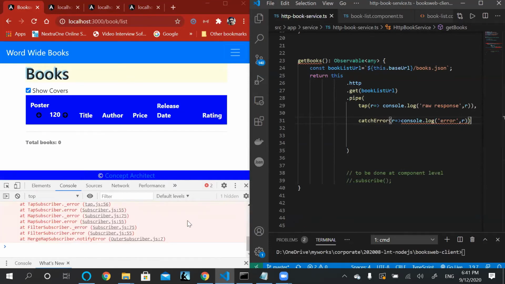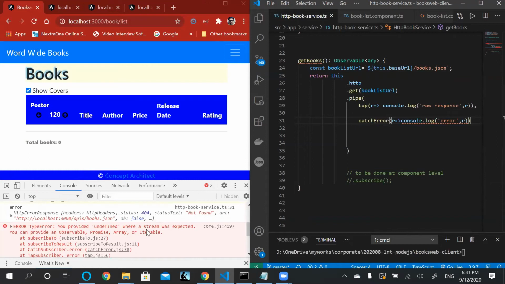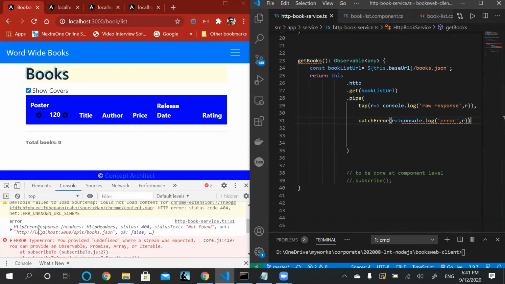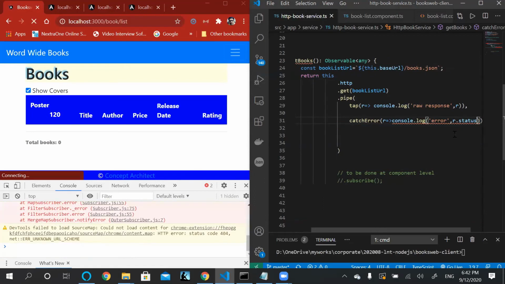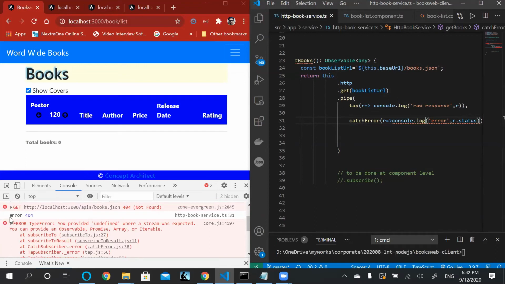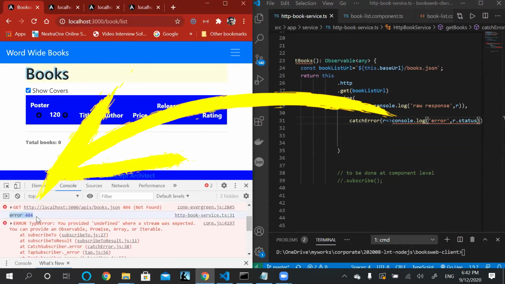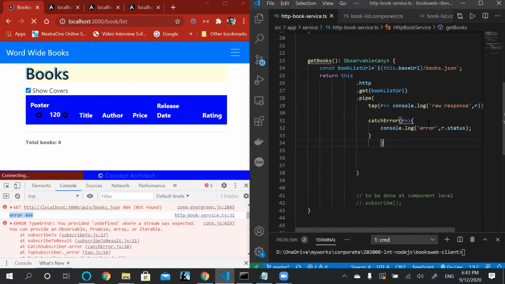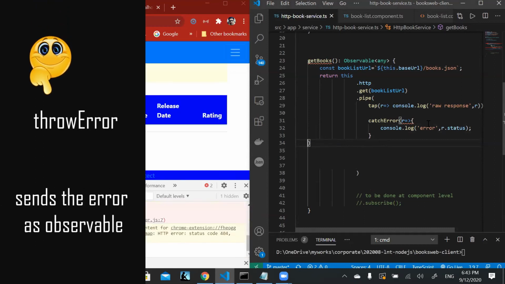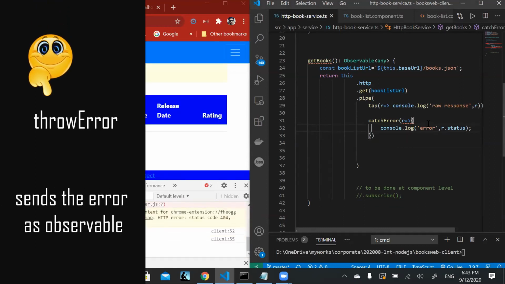Now here we should be in a position to see the error is an HTTP response with a header and a status. So for example, if I just want to print the status here, now when we are making a request, we should be in a position to see that it is failing with 404. But instead of trying to log it here, what I intend to do here is throw it as an error so that this error can reach my component.